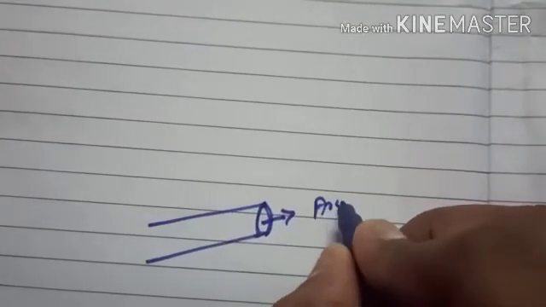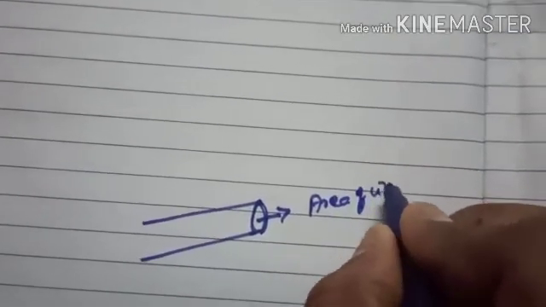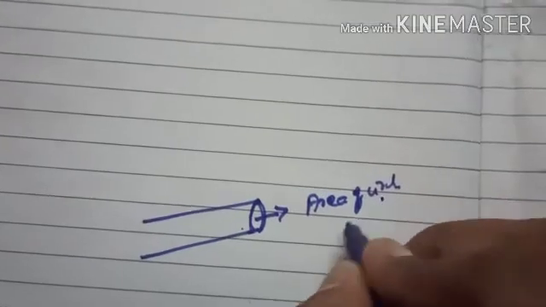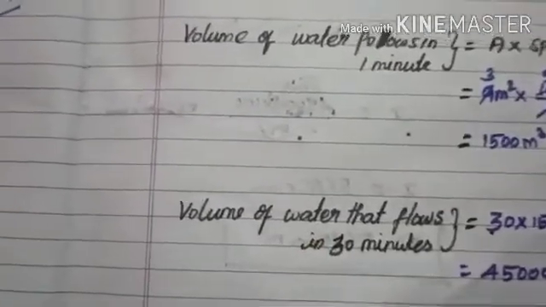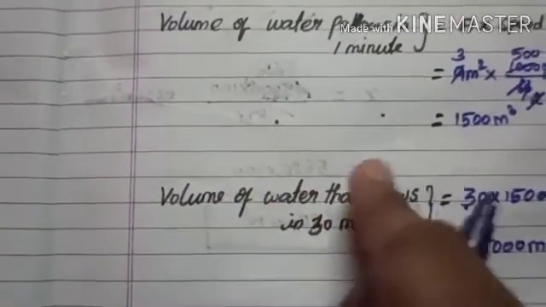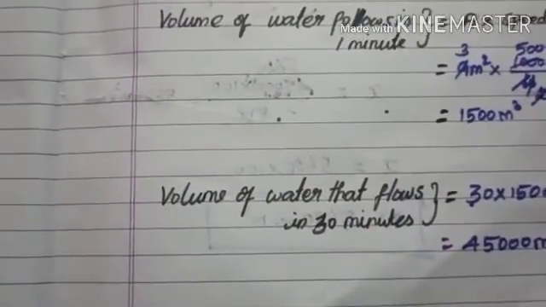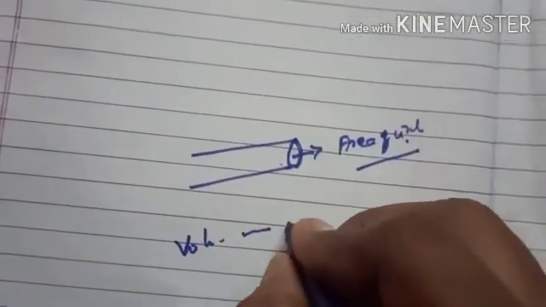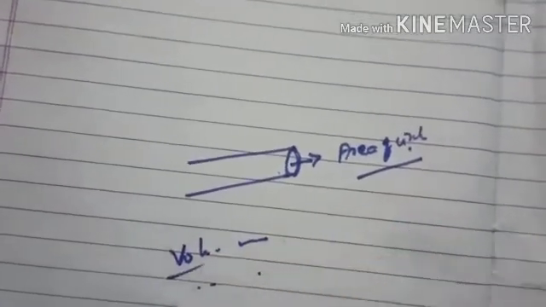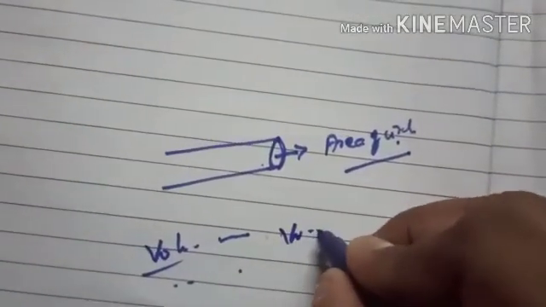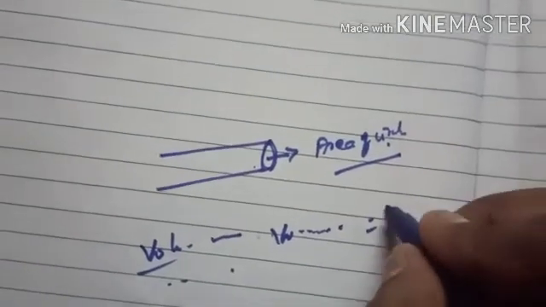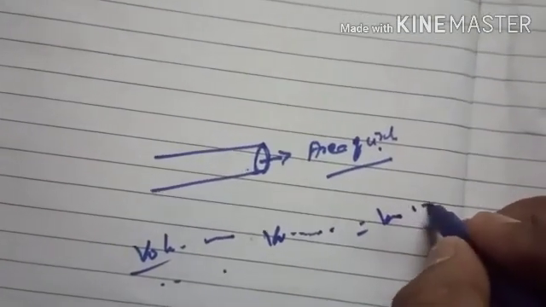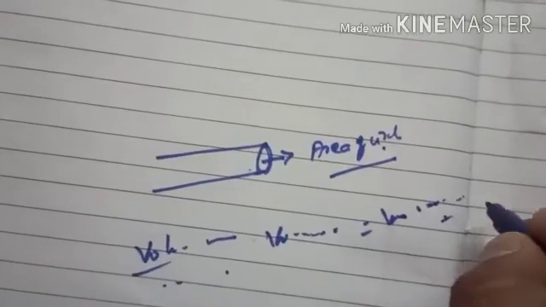So what is the area of the cross section? Here the area of a cross section is the area of a circle. And here they have given 30 minutes. But in that question we need to find in how many minutes the volume of water flows. So the volume of the canal and the volume of the cylinder. Here a cylindrical tank is there, so the volume of the cylindrical tank is equal to the volume of water emptied in 10 minutes.